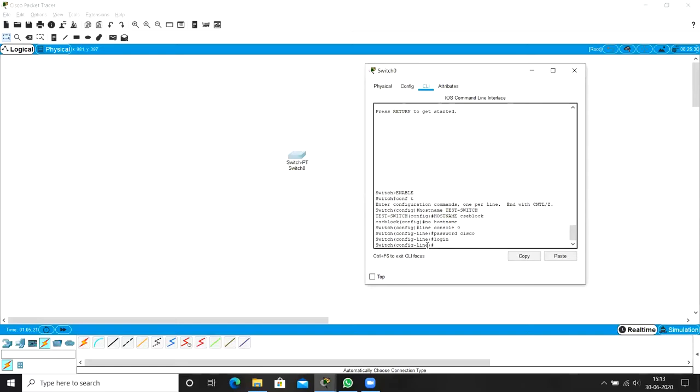Okay, that is login. Now I am giving a command, not exit, it is end. Now you can see where it has come back. So it has come back to, please see here, this is global configuration mode. When you use the line console command, it has entered into line configuration mode.